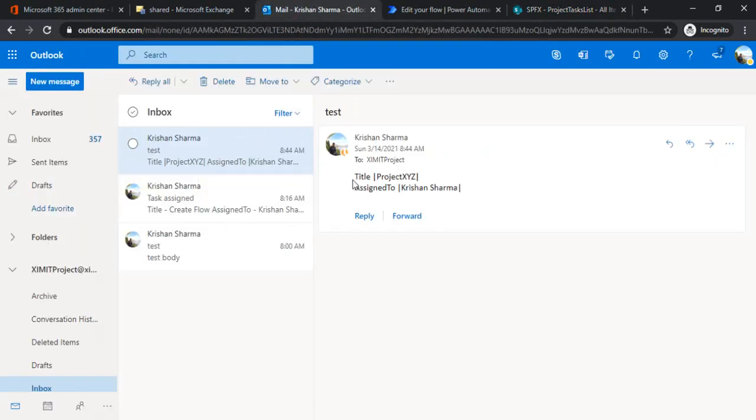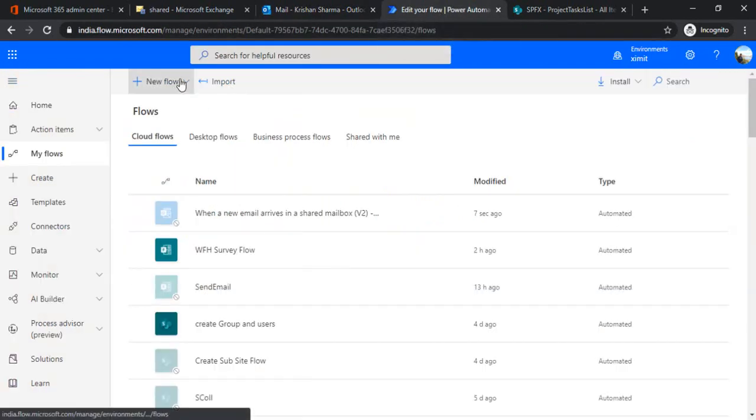And the email body which we are going to use would be formatted in this fashion, where I can pass the title and then a pipe separated actual title, and then the assigned to field, and a pipe separated actual assigned to person. So this format we are going to use. Now let's jump to Power Automate to create that flow.